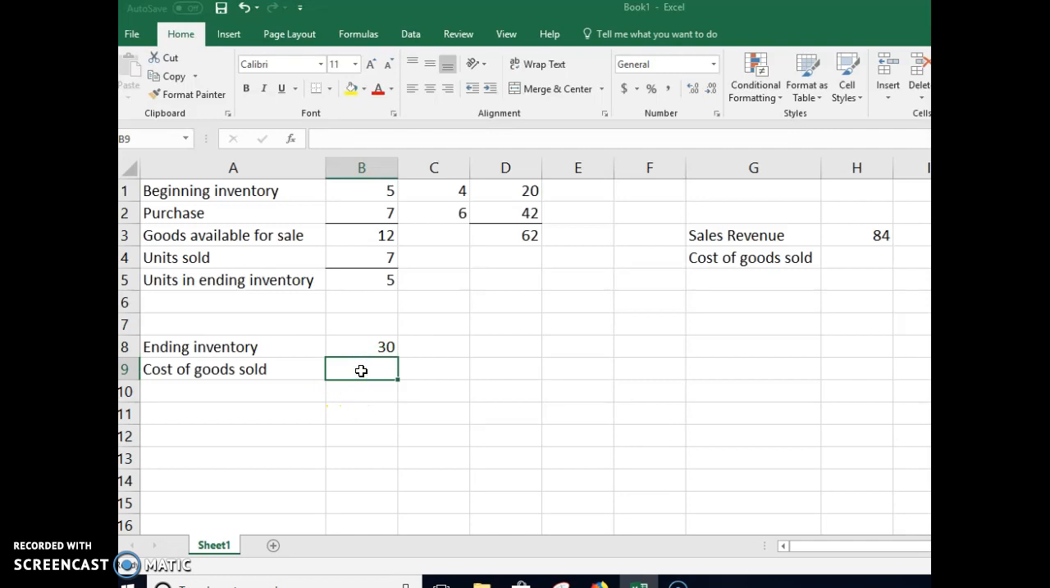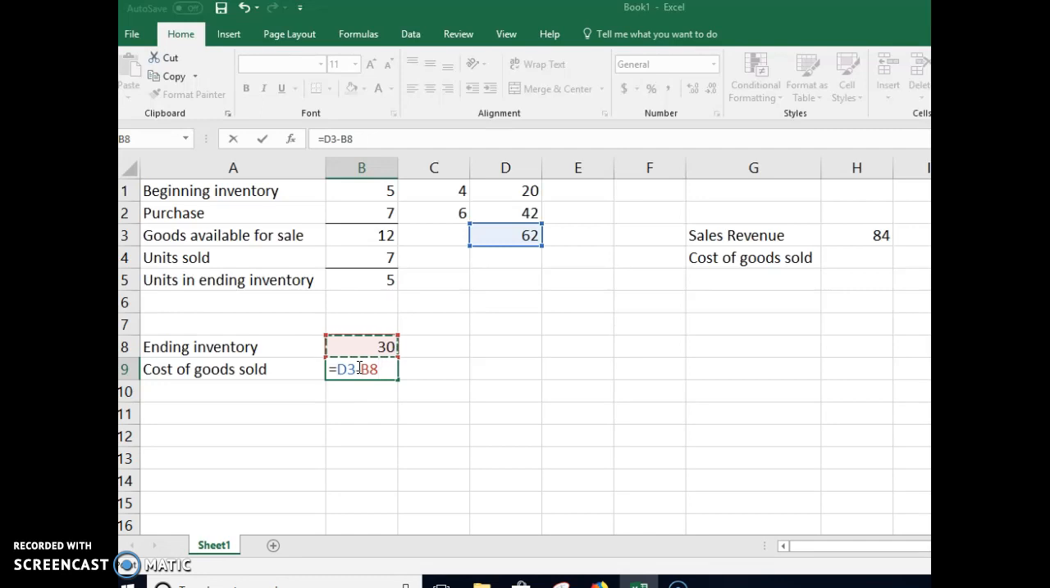So you're going to go equal, click on the 62, minus, click on the 30. So you can see in the formula, it's cells, it's not numbers. And that's helpful when you go and you change the number, the formula will update. So that's why it should be